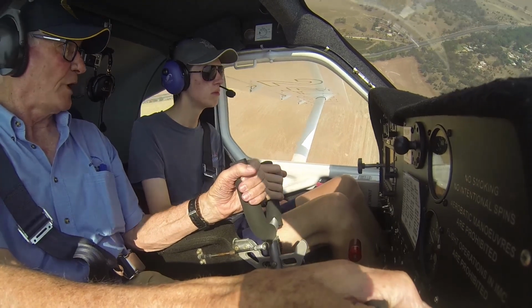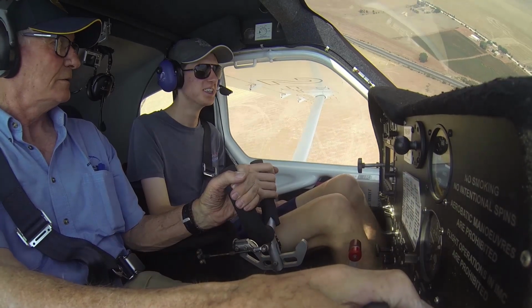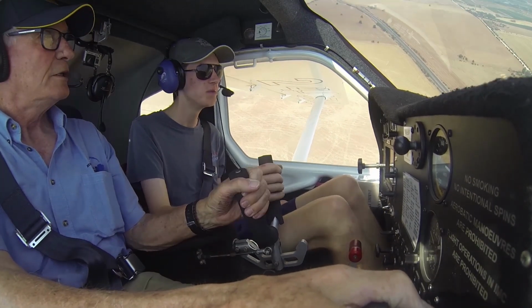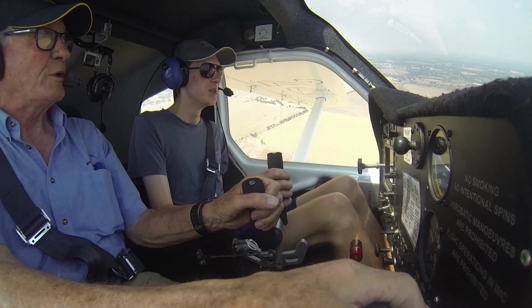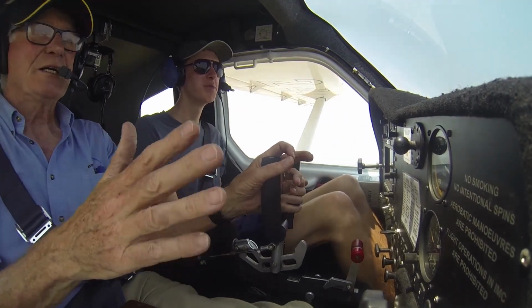Right in the middle. Look how steep the turn is. Look down. Ball's in the middle though. So, depends on how much you want to bank it. You don't normally have to bank it like that. Bit funny, doesn't it? Makes you feel funny, I know. Okay, so...